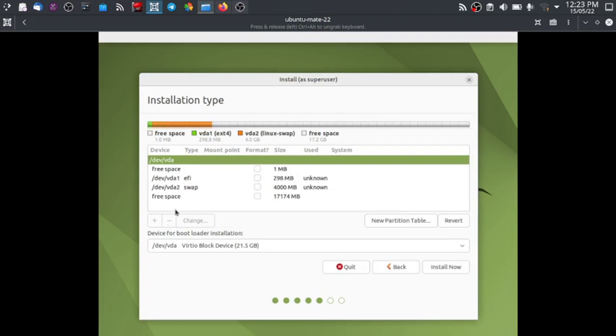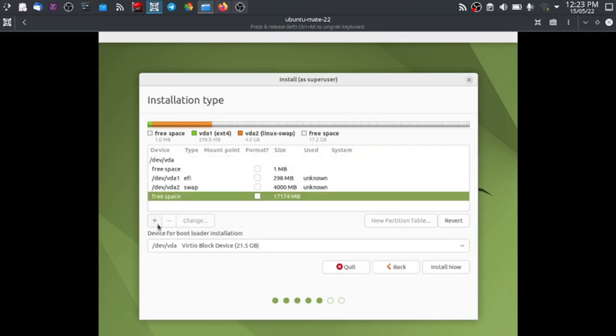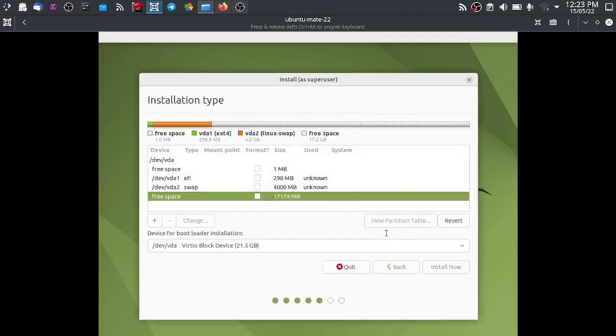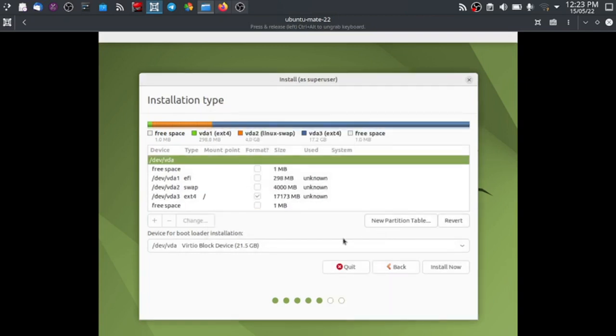That is done. Now again select the free space. Rest of the remaining free space you can format as a root file system. Select the mount point as root. So now your partitioning is done. Now hit the install button,